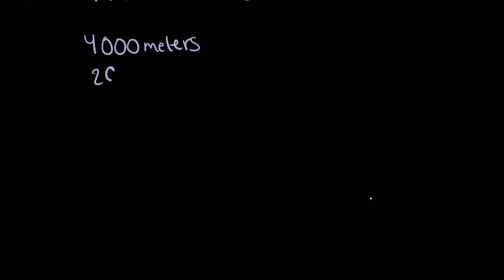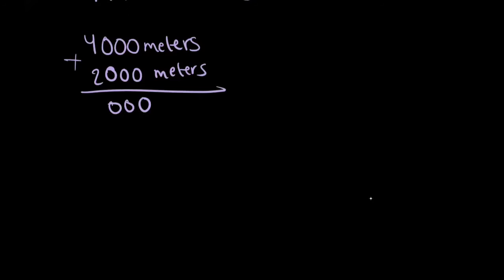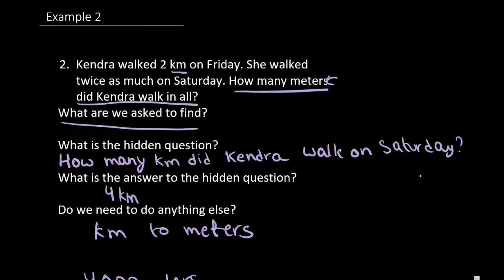So in 2 kilometers, there will be 2,000 meters. Now all we need to do is add these two numbers, and then we'll find the answer. So 0 plus 0 is 0, 0 plus 0 is 0, 0 plus 0 is 0, 4 plus 2 is 6. So she walked 6,000 meters, also 6 kilometers. But they asked how many meters did Kendra walk in all, so our answer will be